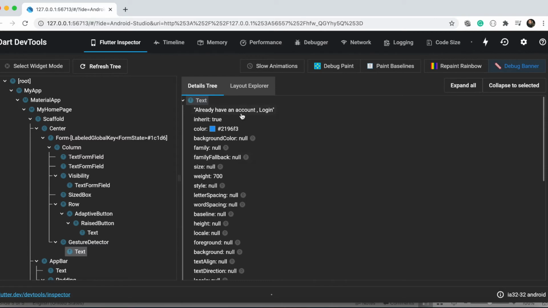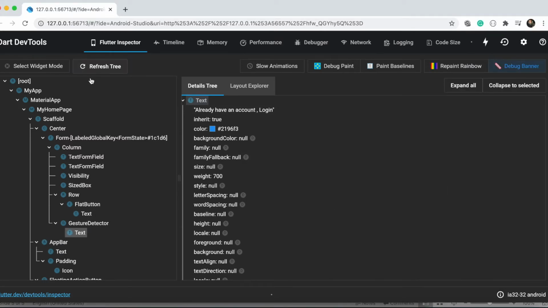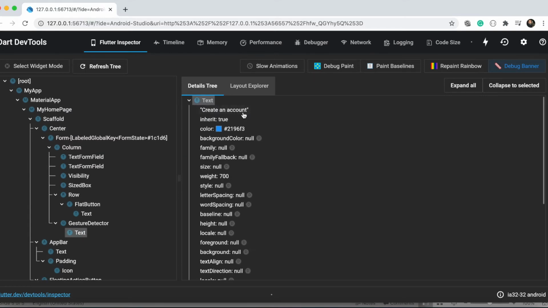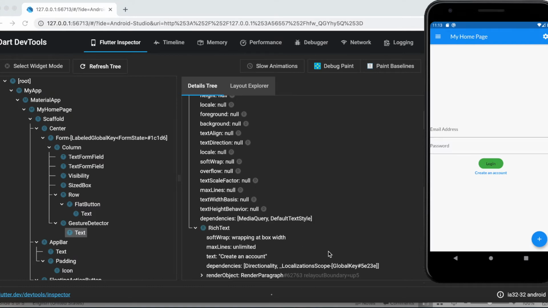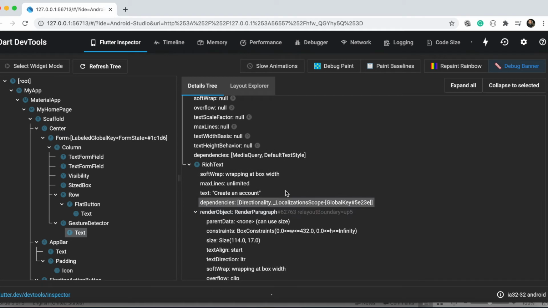Currently it already has an account login. I'm gonna change it again. Refresh my tree. Sorry. Refresh my tree. And now it says create an account. So as you can see, the references are almost the same, even though we recreate a new text object, but